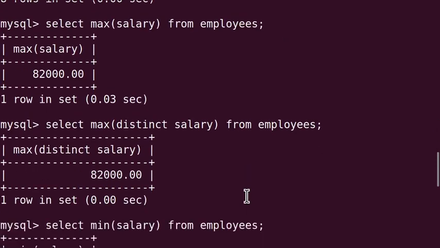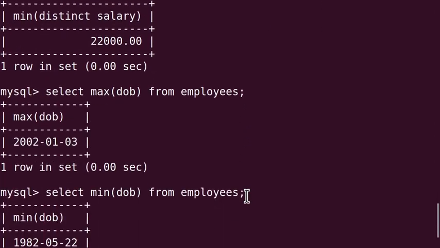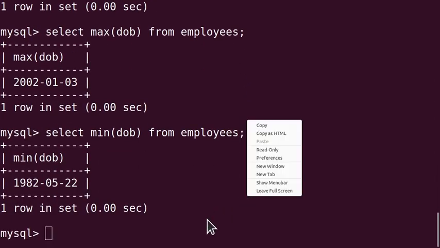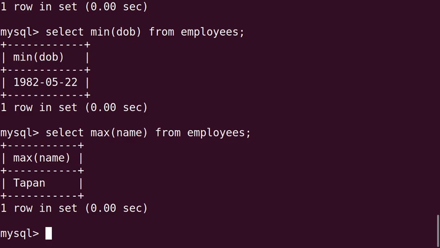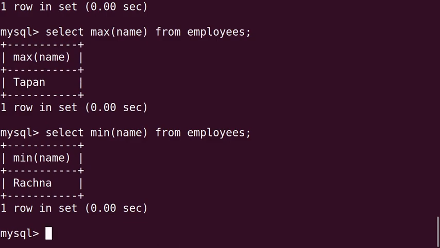So with other field also we can check, like next we will check with name field. Max name. Max name returns Tapan, and min name also we can check, it will return Rachna.